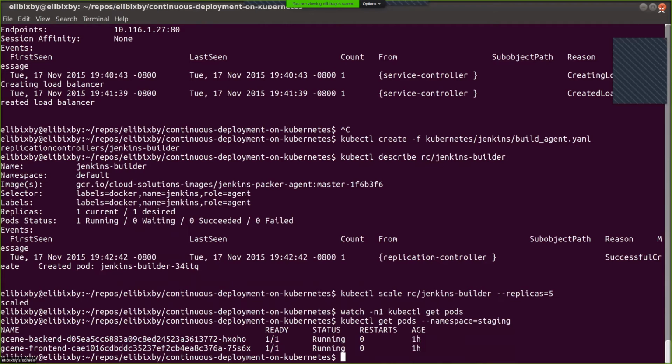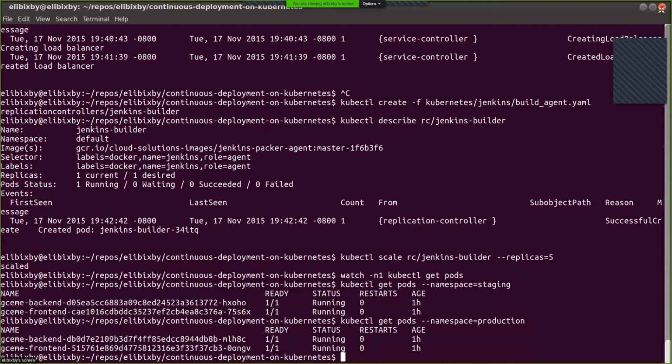You'll see, oh wow, okay, we already have pods running in a staging namespace, and similarly in a production namespace. Great, and we have a backend and a front-end pod, as we expected.